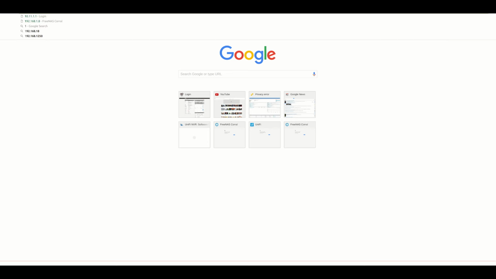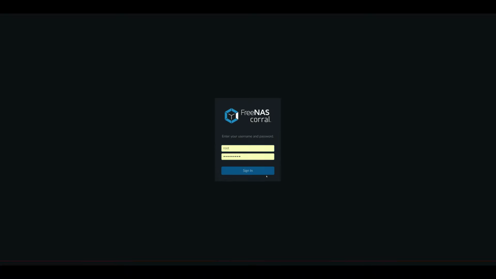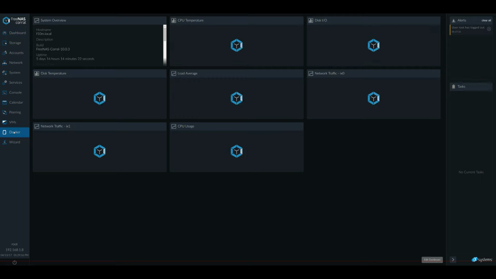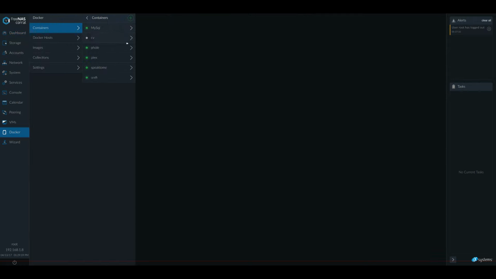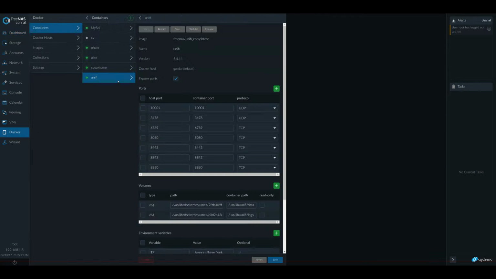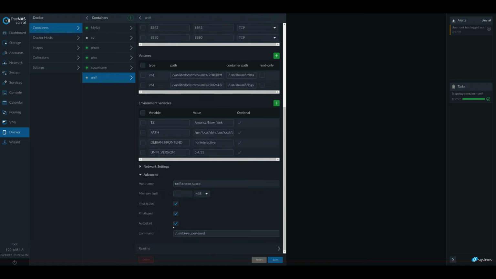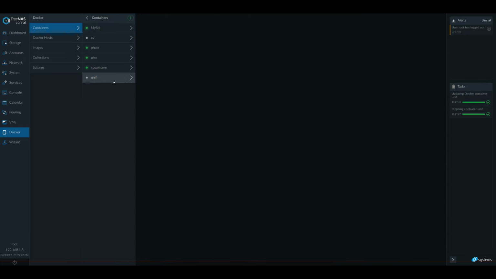I can go into Docker here and go down to this one, and then I can stop it. I'm going to go to advanced. I'm going to uncheck auto start. I'm going to click save. Alright, so I've officially shut down the Docker container for UniFi, and I will be doing all of the ones